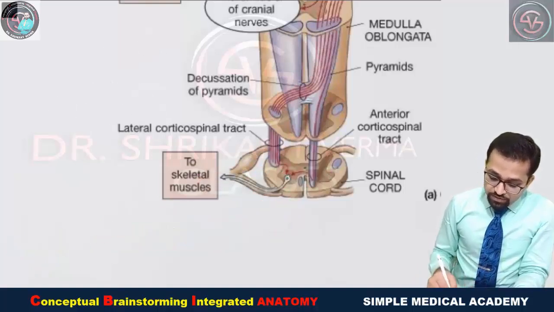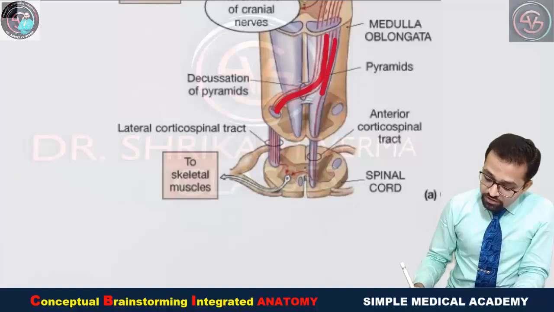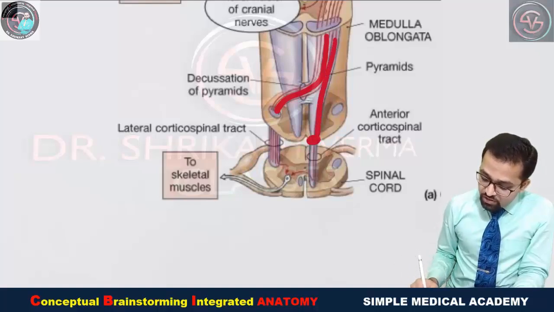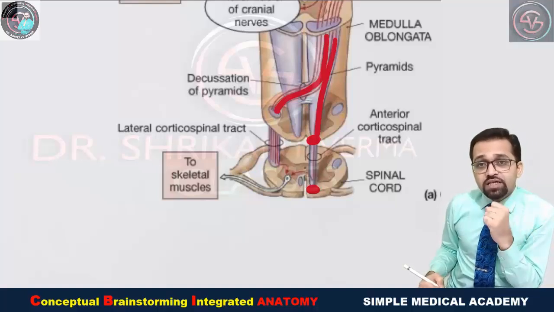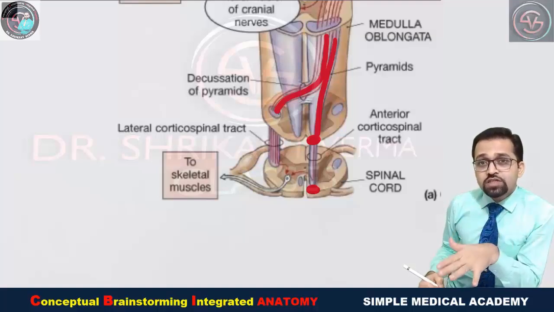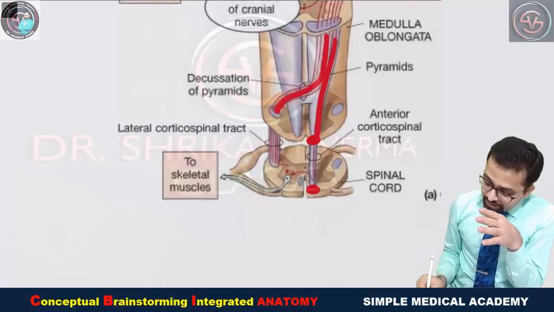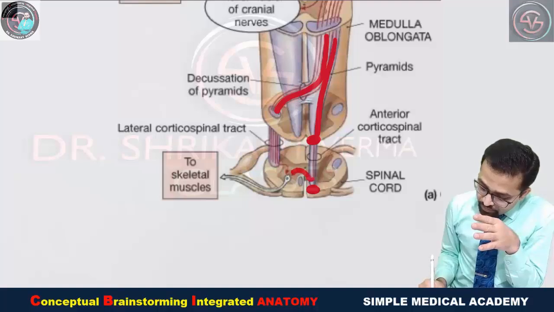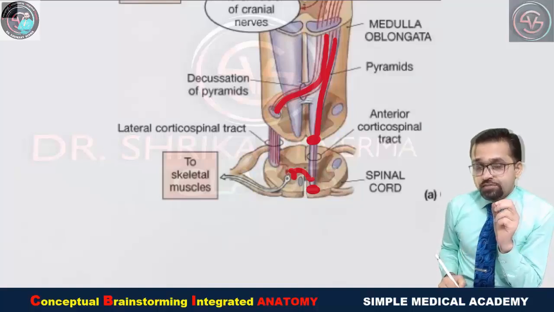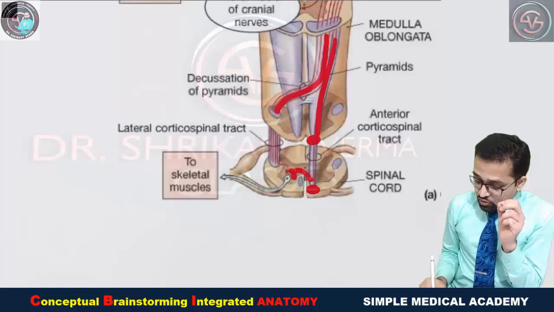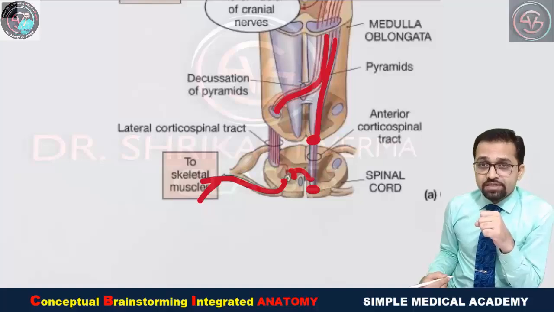One more thing you can observe here is that the maximum fibers are crossing, but a few fibers are not crossing and they are passing through the anterior side of the spinal cord. This bundle of axons passing through the anterior side of the spinal cord, coming from the cortex to the spinal cord, is the anterior corticospinal tract. Now you can again observe that a single fiber is coming and crossing the midline, then it is again ending at the anterior horn cell. So it also participates in control of the anterior horn cell as well as the lower motor neuron. So now we are going to draw the diagrammatic presentation.